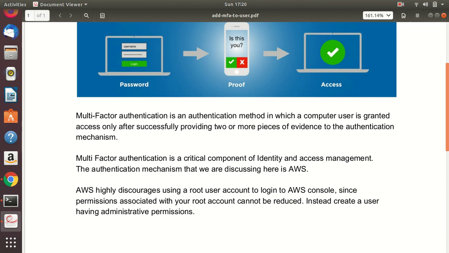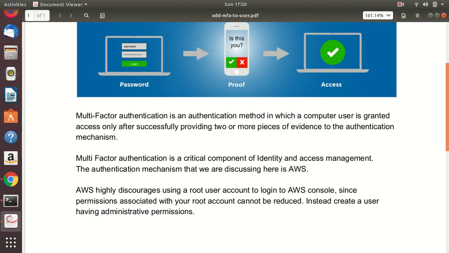AWS particularly highly discourages using a root user account to log in to the AWS console, since permissions associated with that root account cannot be reduced. So they recommend creating a user having administrative permissions. In this video, we will see how to add multi-factor authentication to the user having administrative privileges.